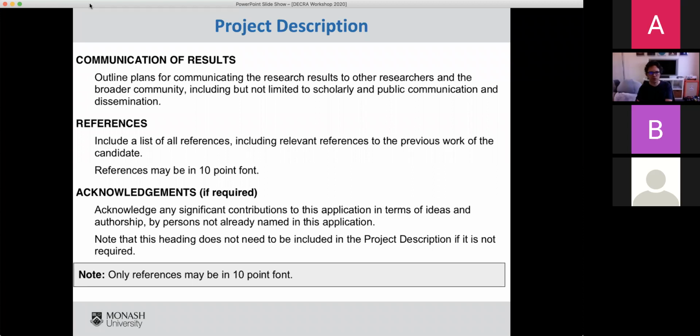So if you, during your PhD, supervised an honours student, and that honours student collected data that's not yet published, but that data is being used as pilot data for your DECRA application, you can acknowledge that honours student in the acknowledgements, and you're giving that student the due recognition for the work that they've done, but you're also showing the readers that you can supervise a student to a successful outcome and to collect good data. So you're also helping yourself there.